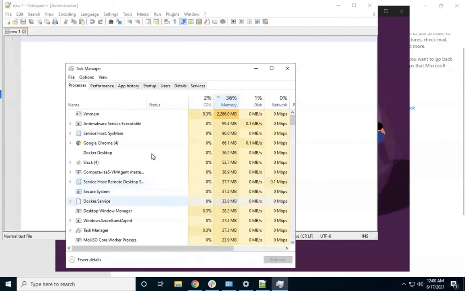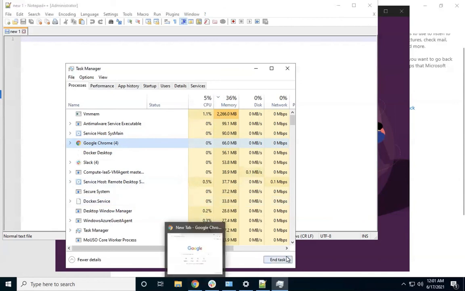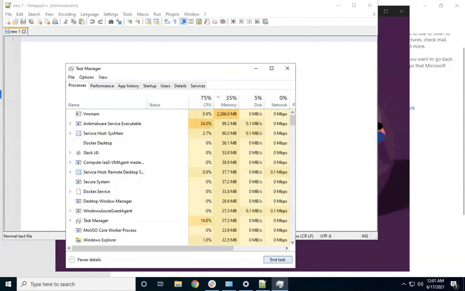Understand that all the active applications will show up here. You should be able to kill them. If you want to kill, you just select that process, and you see there is end task here. You can click on it. At this time, you can see that Google Chrome is taking some resources. It is taking 66 MB memory and not much CPU. If at all, it is taking like 4 GB memory and 20%, 30% CPU. If I want to kill Google Chrome, I can select this. As of now, you can see it is active here. If I click on end task, you can see it became inactive.